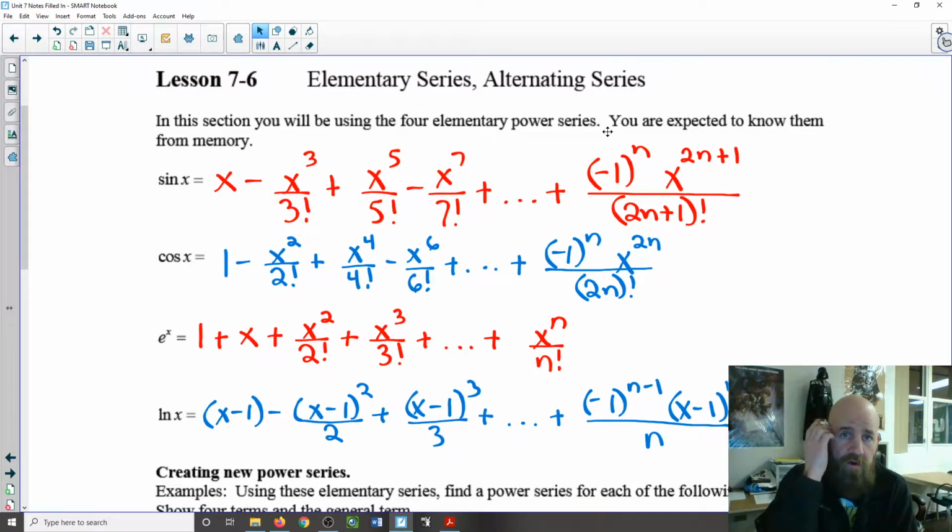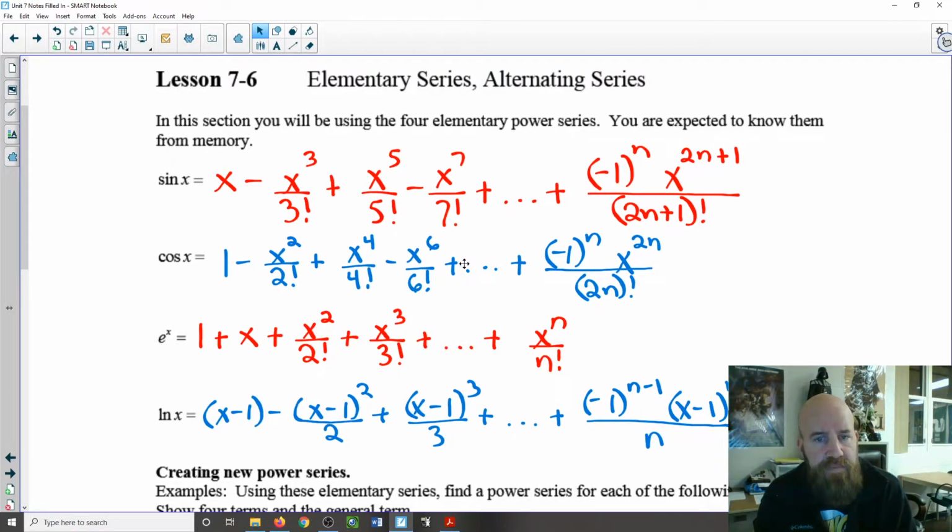So these are four very common power series, the elementary series, that we need to know for the test, for the AP test and the unit test. So go ahead and I would pause the video and write these down. Make sure they're all in one spot so you can memorize these. But these are sine, cosine, e to the x, and ln x. So the four most common ones anyways. So make sure you write down the first four terms and make sure you get the general term, the nth term,